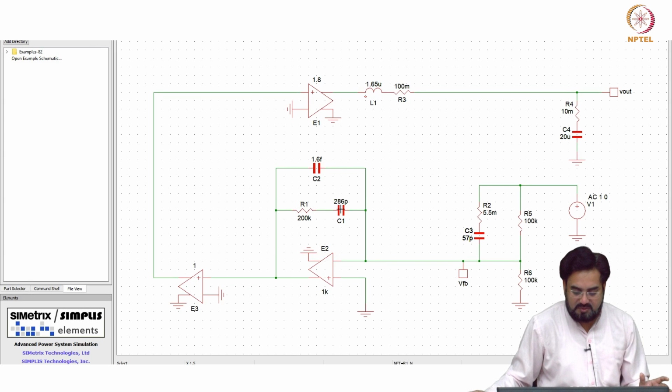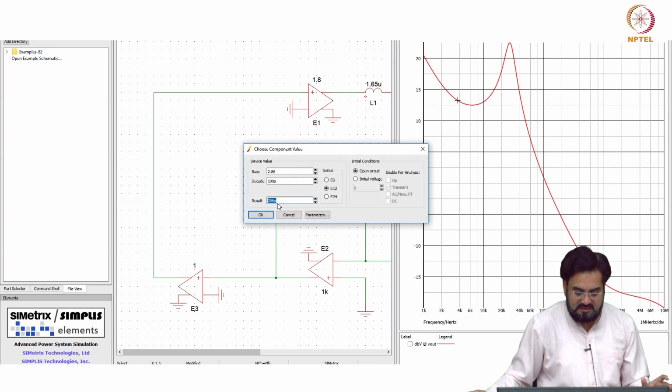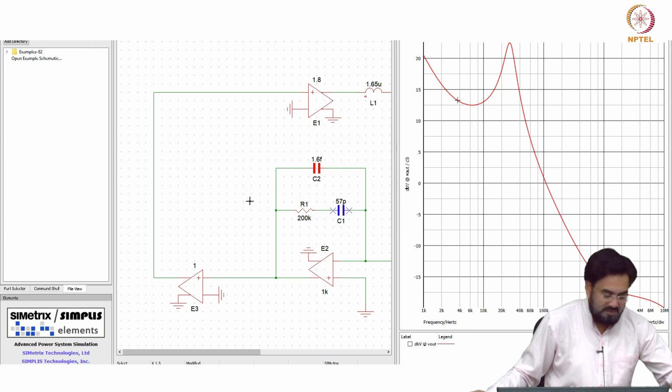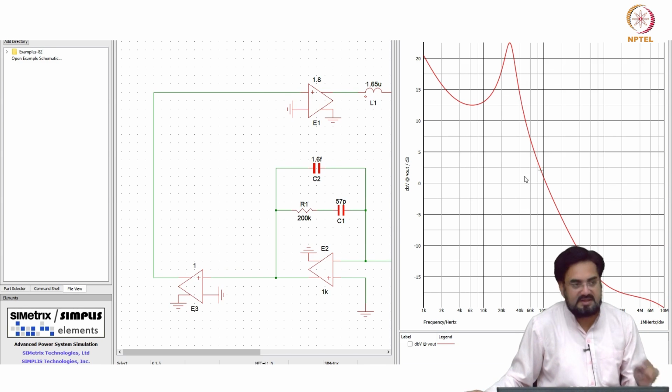same, okay. So I am using 286 picofarad here, which is giving me this kind of response, okay. Now if I make it 57 picofarad, which is the original value which we had, it will affect this shape, but the shape after your omega naught should not get affected, or you can say that UGB should cross at the same point.